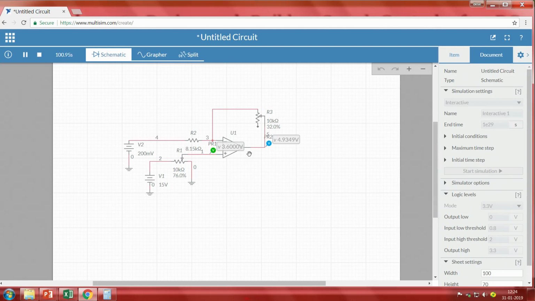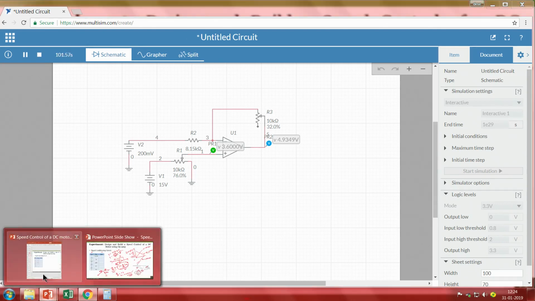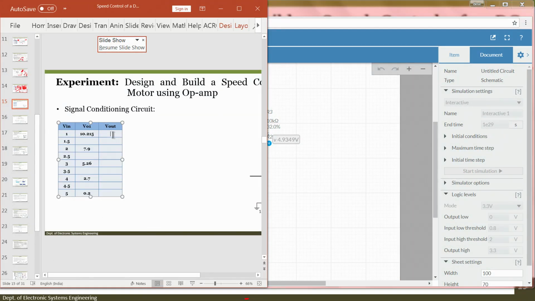Now we understood that with an input voltage of 10.25, after passing through the signal conditioning circuit that we have designed, we are getting 1 volt, whereas for 2 volts we are getting 1.9 volts, somewhere around 2.7 we got 3.9, and for 5 volts we got 4.93, right. Which is very close, but we have not tried for that, but okay.